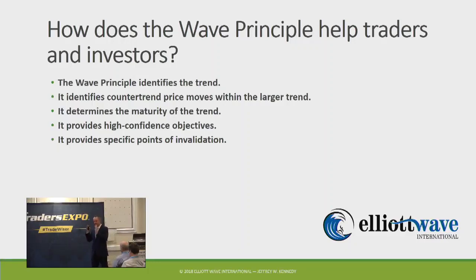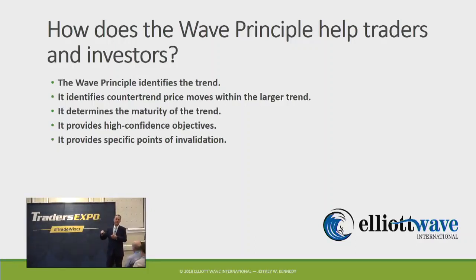Like, I might be looking at cocoa and I might have a wave count and I might be bullish cocoa. Well, if I see certain price action, I can just say, okay, I'm totally wrong on this. With such precision, I can identify to the pip, tick, or penny when an interpretation is no longer viable. So these are the benefits, in my opinion, of the wave principle. So I encourage you to maybe take a second look at the wave principle if you have already and maybe discarded it. Or if you're new to the wave principle, I encourage you to continue to learn more because I do believe you will find value in it.